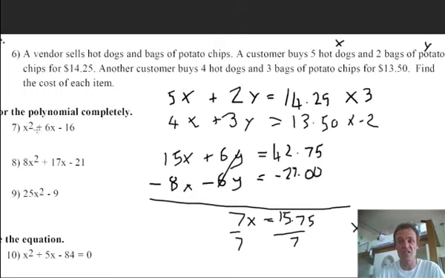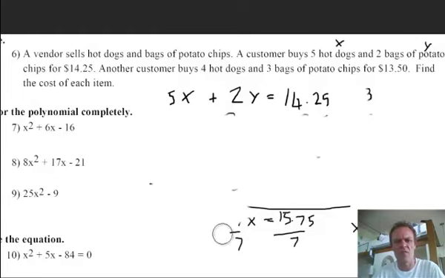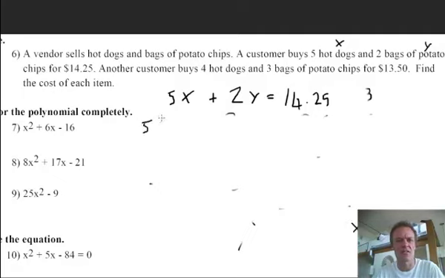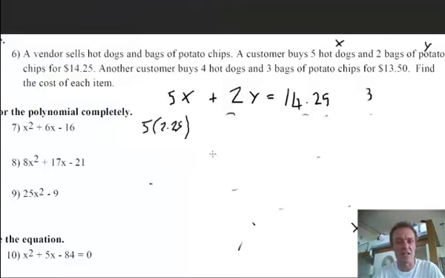I'm going to put it back into one of these equations. I don't know which one. So let's have a look. I'll erase everything. I'll keep that one there. So, 5 hot dogs. 5 lots of 2.25, if x is 2.25. So what is 5 times 2.25? Let's have a look. 5 times 2.25 equals $11.25. So what I'm saying is $11.25